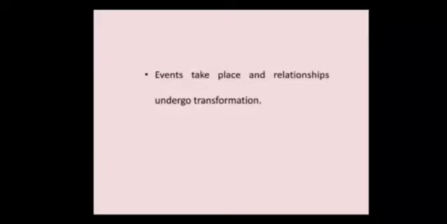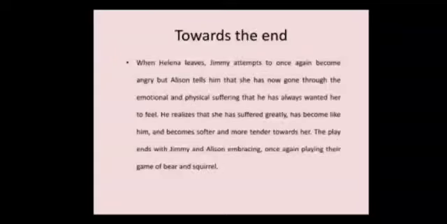Cliff then discloses to Jimmy that he wants to move out of the apartment. Jimmy takes the news quite calmly and tells him that he has always been a loyal friend and is worth more than any woman. So when Helena returns, the three plan to go out and Alison suddenly enters. Now this is the last section of the play. Now when Alison comes back